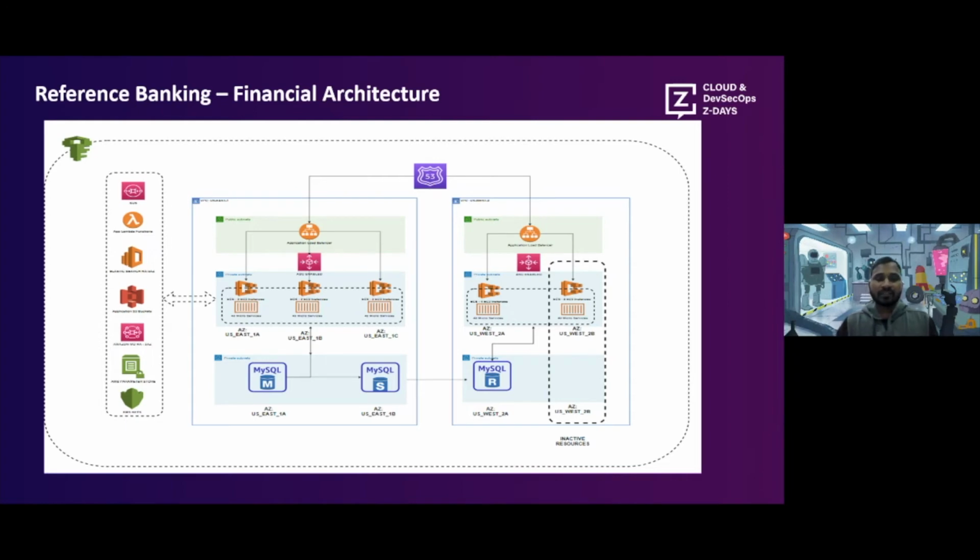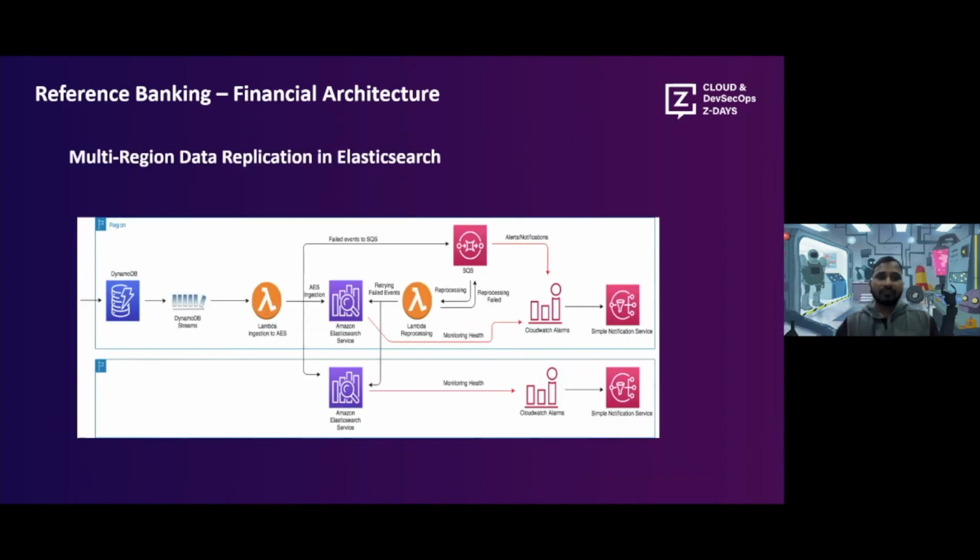But in fact, other than this, we have something else where we are managing managed services, something like Elasticsearch. Though it is a managed service, it is not spread across the region. That is where, in the project, we have to define some automation which will help us push the delta of the Elasticsearch cluster in one region to another region, making use of DynamoDB and DynamoDB Streams, and triggering a Lambda function which will read the DynamoDB streams and push the data to the site recovery region, which is US West 2 in the case of this